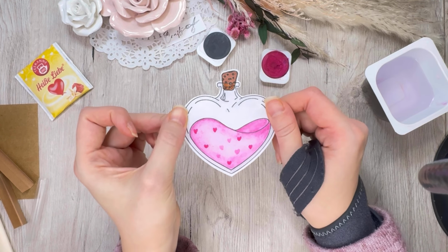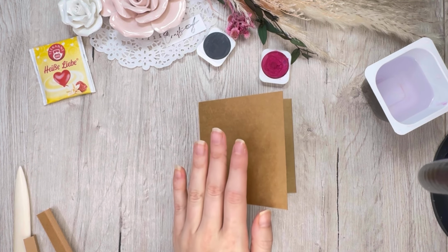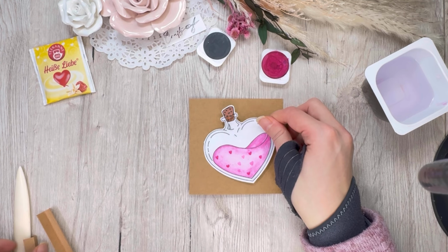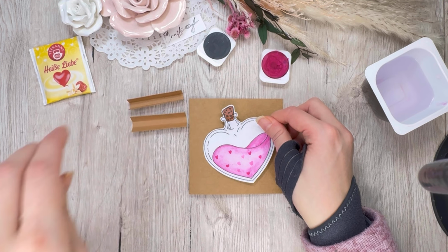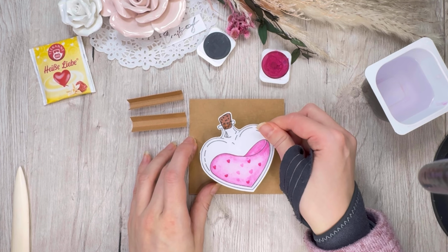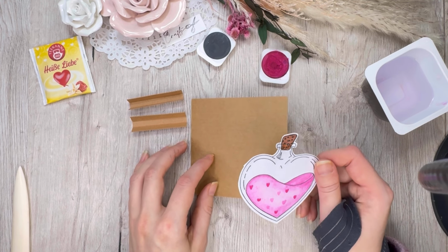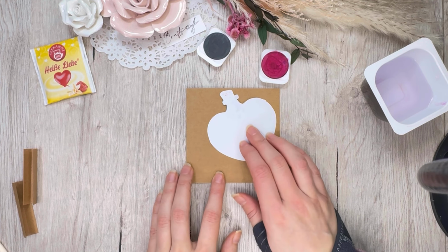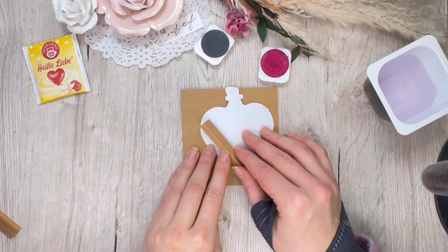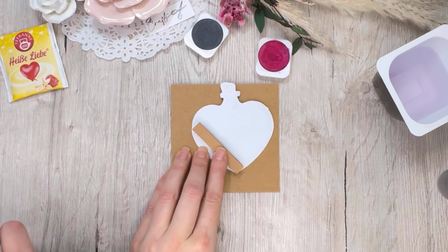Alrighty, I think that looks really cute, and now I'm going to place it on top of my card, but not just like that, because I still have the spacers from before, which I'm going to use now to elevate the flask a bit above the card surface. And I'm going to turn around my hard flask and now add the spacers